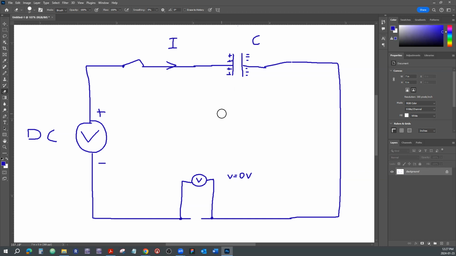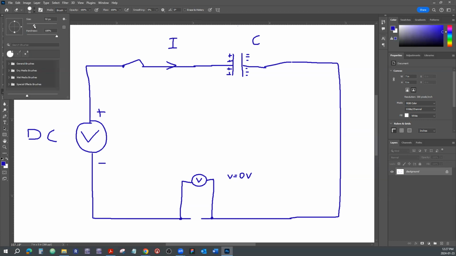So you can say that in a capacitor, current leads the voltage. Just remember, first we get the current, then we get the voltage appearing across the capacitor. All right. Now,